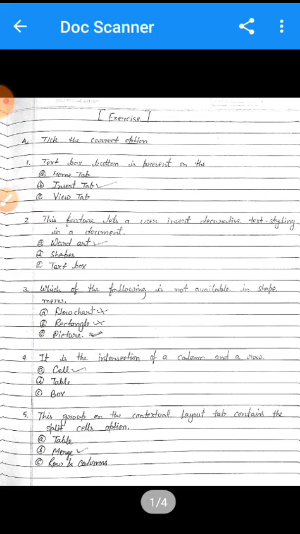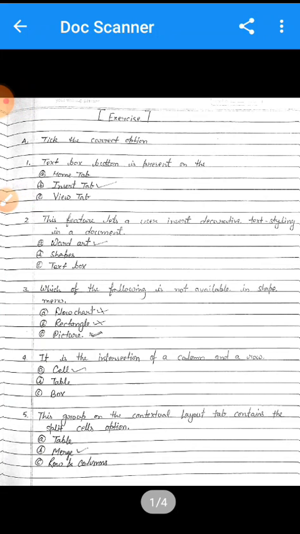So dear students, today I am going to explain the exercise of chapter 5. So all the students open your computer book. First of all you have to fill up your book and then after you have to complete your CW and HW copy. Okay. So here you can see exercise number A is take the correct option. In this there are 5 questions.